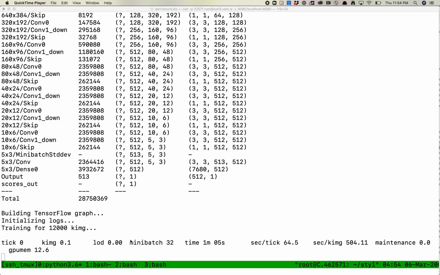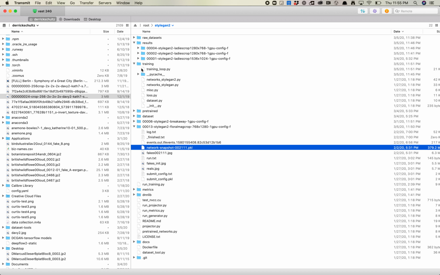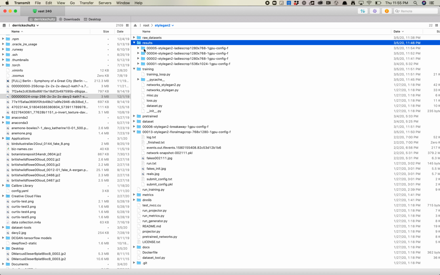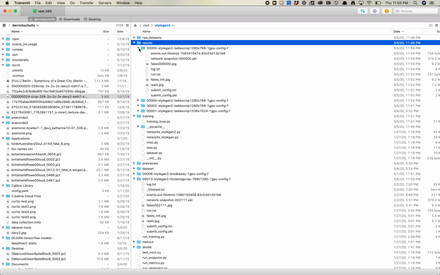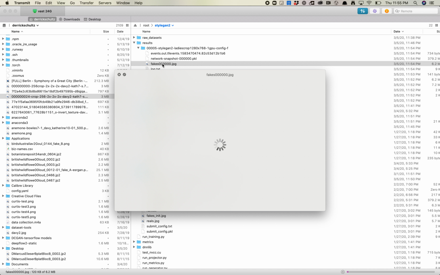Just for a couple more minutes, just to get my first tick. The first thing you'll notice here is that K-image is set to 0. So that's a good indication that the latest wasn't running. That latest command that you saw previously is not running. The next way to check is to come in here, and if I refresh my results folder, you'll see there's a new results folder, and if I come in here, see all these are set to 0 as well. And if I actually open the fakes 0, 0, 0,